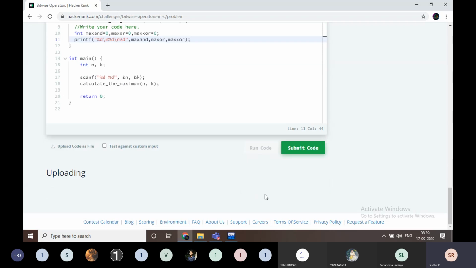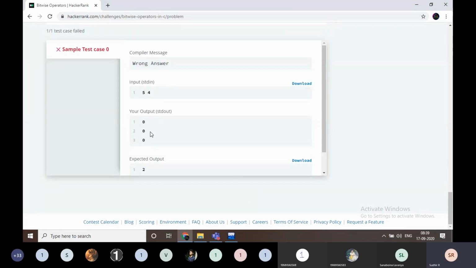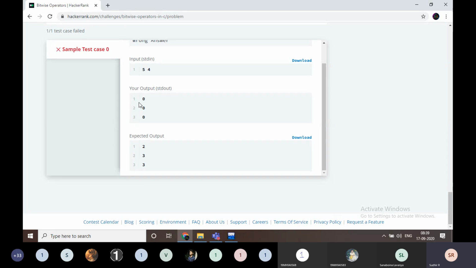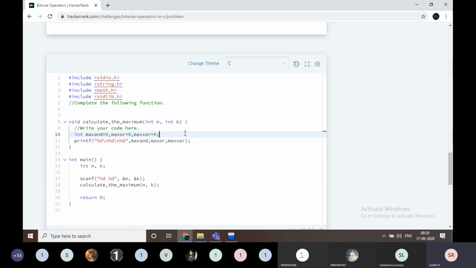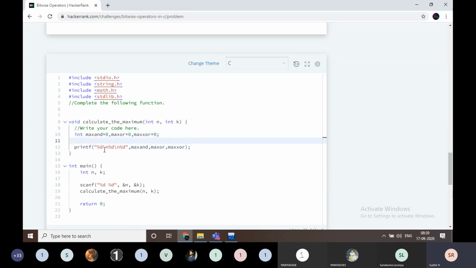For example, if I am going to print this one, just look at here, it is going to be printed in different lines. The values are 0, 0, 0 like this. But I want the result here. Now I am going to do some operation. Why am I printing here? The function is not returning any value. Just look at the function definition, void. Void means there is no return value.